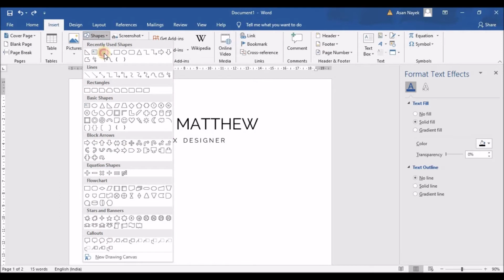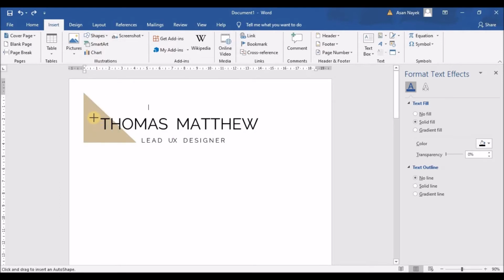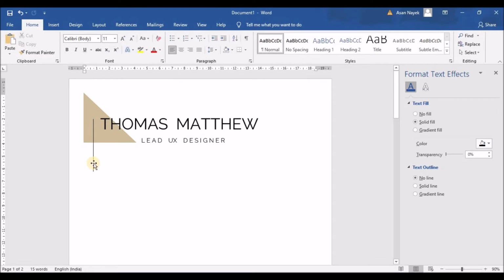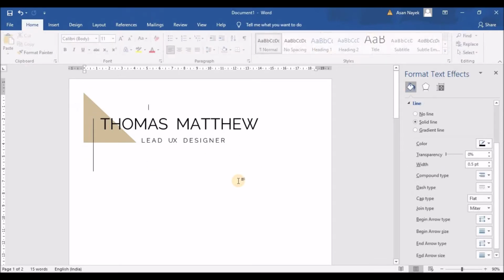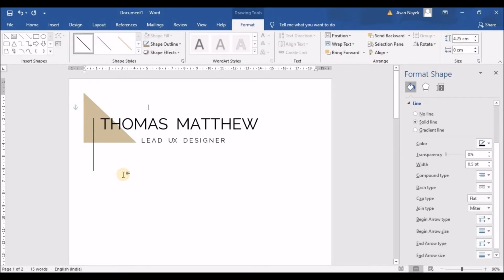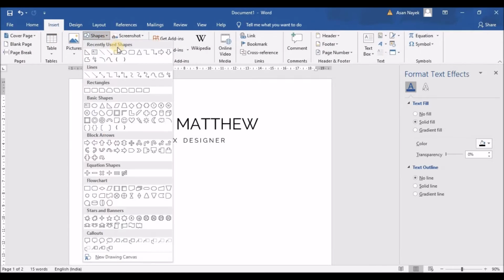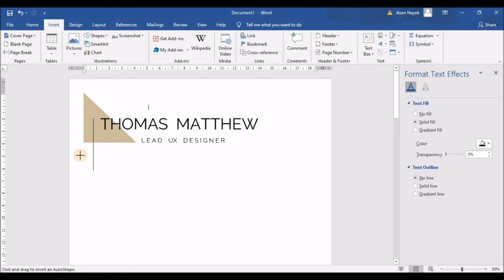Now next we'll draw a line next to the first letter of the name and drag it down and release, and now select it and change the color to black. Now we will add two icons next to the line, one for the phone number and the other for email. So we'll draw a